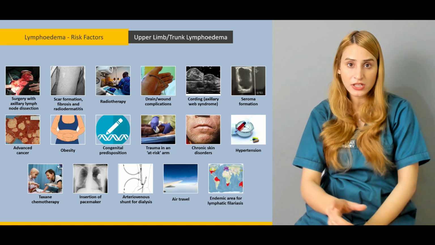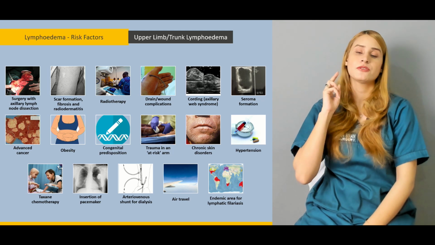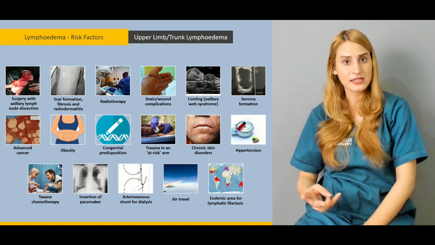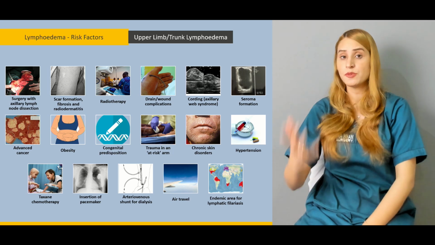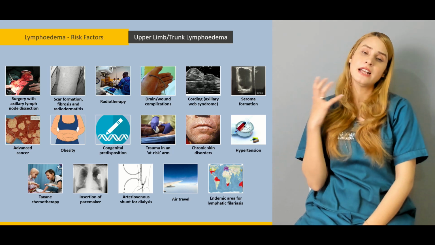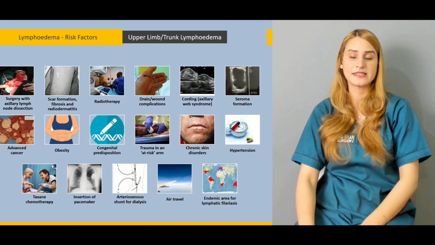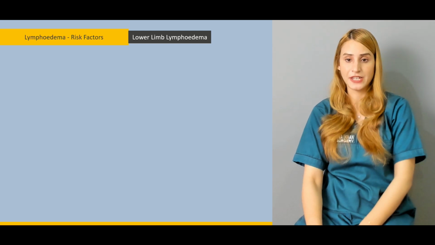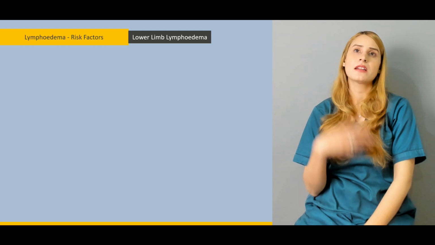So in upper limb lymphedema, the most important cause is trauma. The second most important cause is upper limb surgery, particularly mastectomy, axillary lymph node dissection, radiotherapy, advanced cancer, taxane chemotherapy, seroma formation, and wound complications. You should remember these things whenever you are encountering a case of upper limb lymphedema. There can be not only upper limb